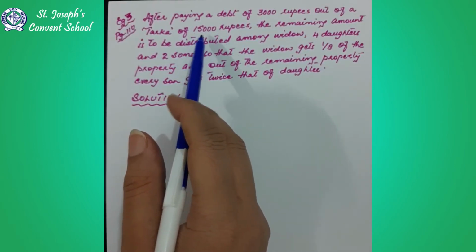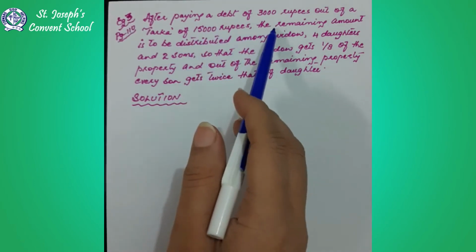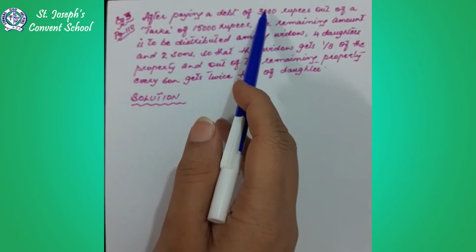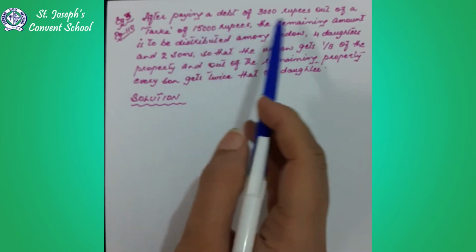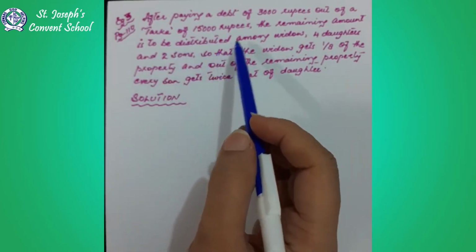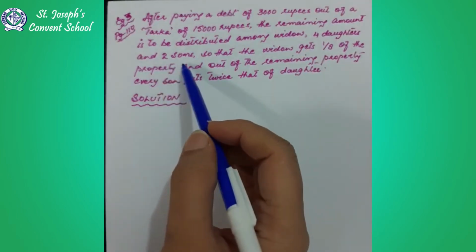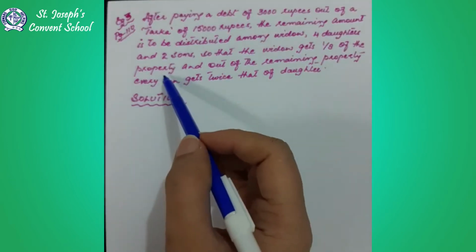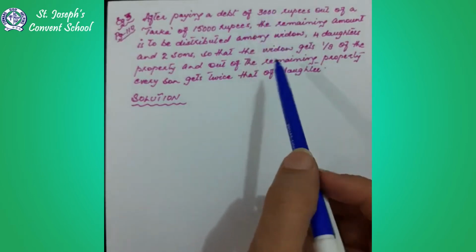Tarka is 15,000 rupees total amount. Okay, the remaining amount is to be distributed. So first you will pay this debt. So 3,000 you have to subtract from 15,000. Then the remaining amount is to be distributed among widow, 4 daughters and 2 sons. So that widow gets 1 upon 8 of the property. So first you'll find widow's share. First subtract the debt, then find widow's share,